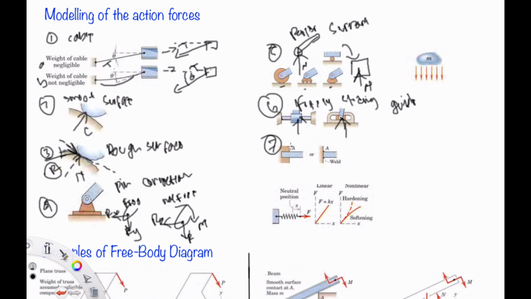And then the seventh is a built-in or fixed support. We call it a fixed support. A fixed support is in a fixed position, so it will have the horizontal force here, and also the vertical force here. And also because they have to be in a fixed condition, maybe they have a beam or other force here, they tend to get the moment, and